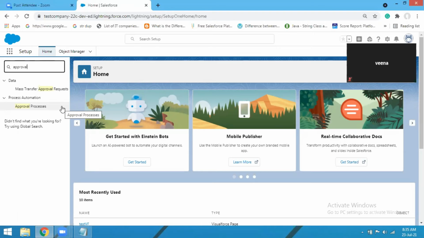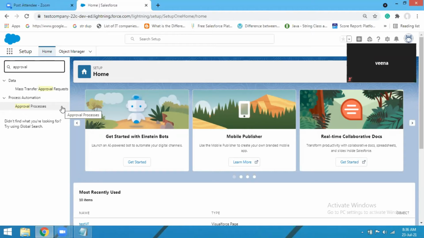That's a mess. So what things can be visible, what things cannot be visible, how can you control that, how will you configure that? This matters a lot in a multi-tenant environment, because you are not a single user, there can be multiple users. And when multiple users are there, they can log in, and how is your security there, how is your data secure. All those things are important, and that's the reason admin is there, Salesforce admin.